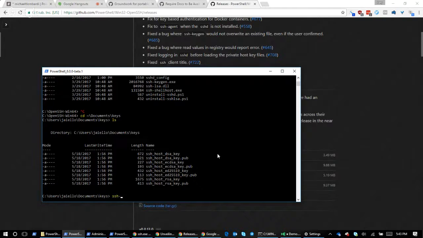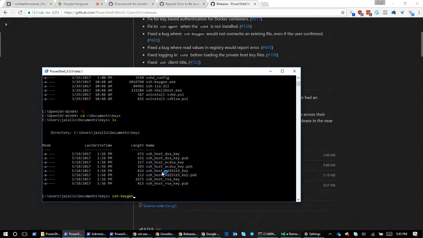And the way that I created these, I said ssh-keygen -A. That generated all of these key types. So each of these is a different crypto algorithm: DSA, ECDSA, RSA, I think is the one that we're currently using. If you want to be super secure and elliptical, I think the 25519 is the way to go. But RSA is ubiquitous and supported everywhere.